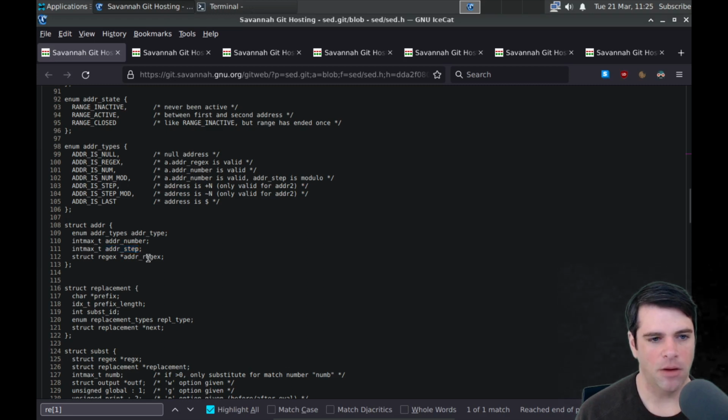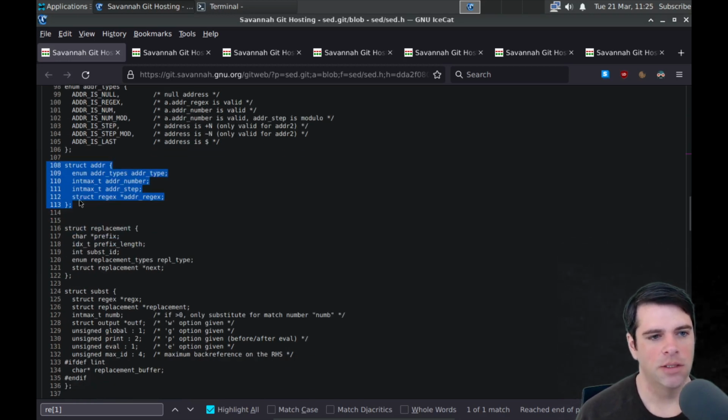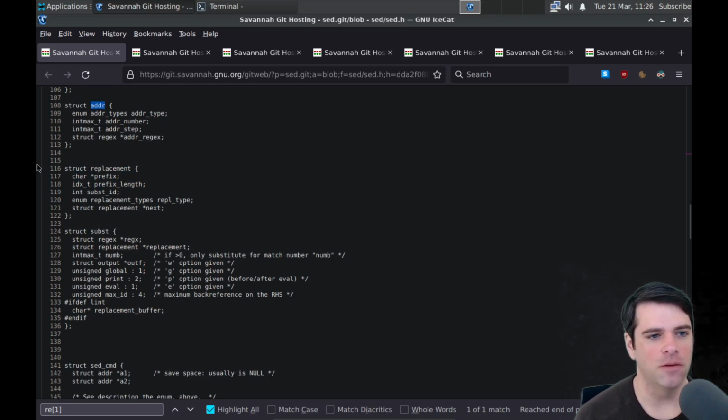Yeah. Okay. And a regex. So that's what an adder is. It's this cluster of goodies that you'll, I guess I'm going to assume that this is a really fundamental type to what it said is